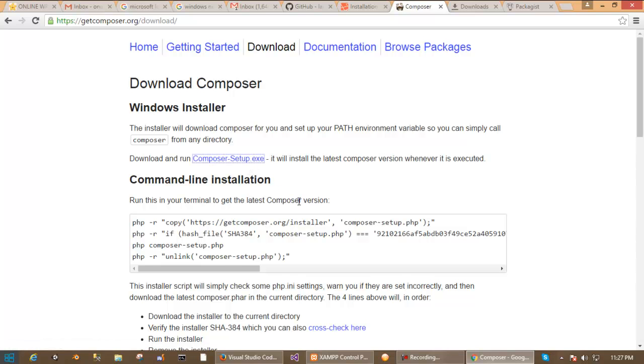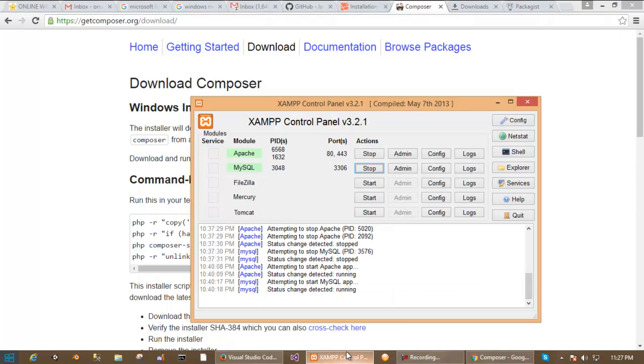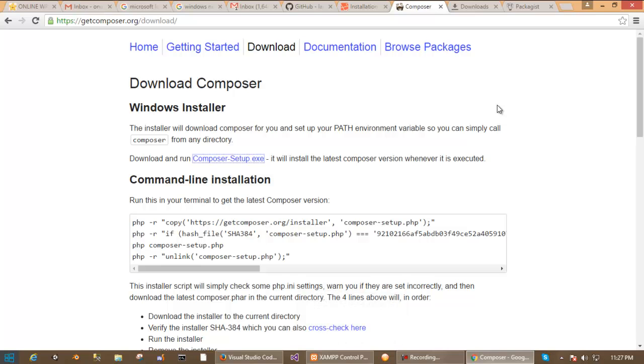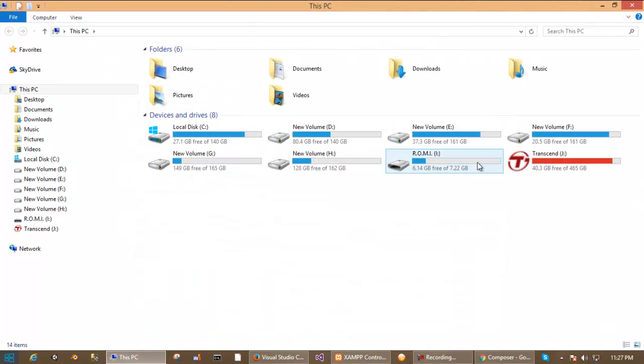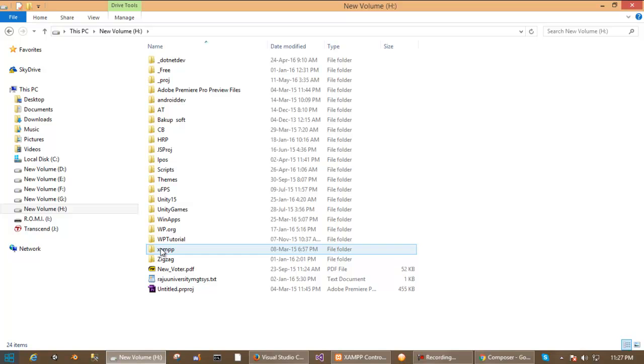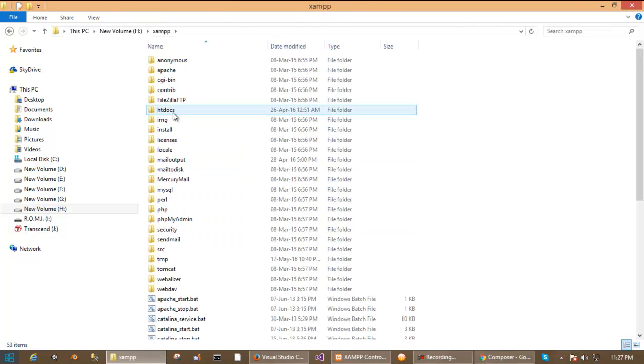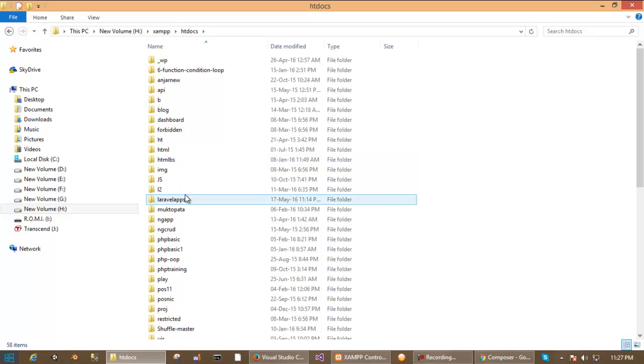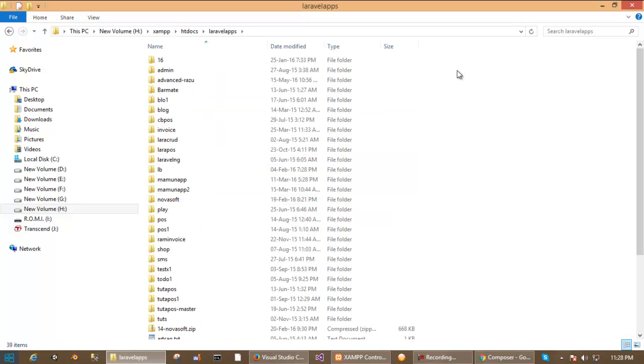And to run the Laravel project, you just need a XAMPP or WAMP package. I have already installed and run XAMPP, and Apache and MySQL are running here. My XAMPP folder is located in the XAMPP directory. Then go to htdocs, and all of my Laravel projects are located in Laravel apps,